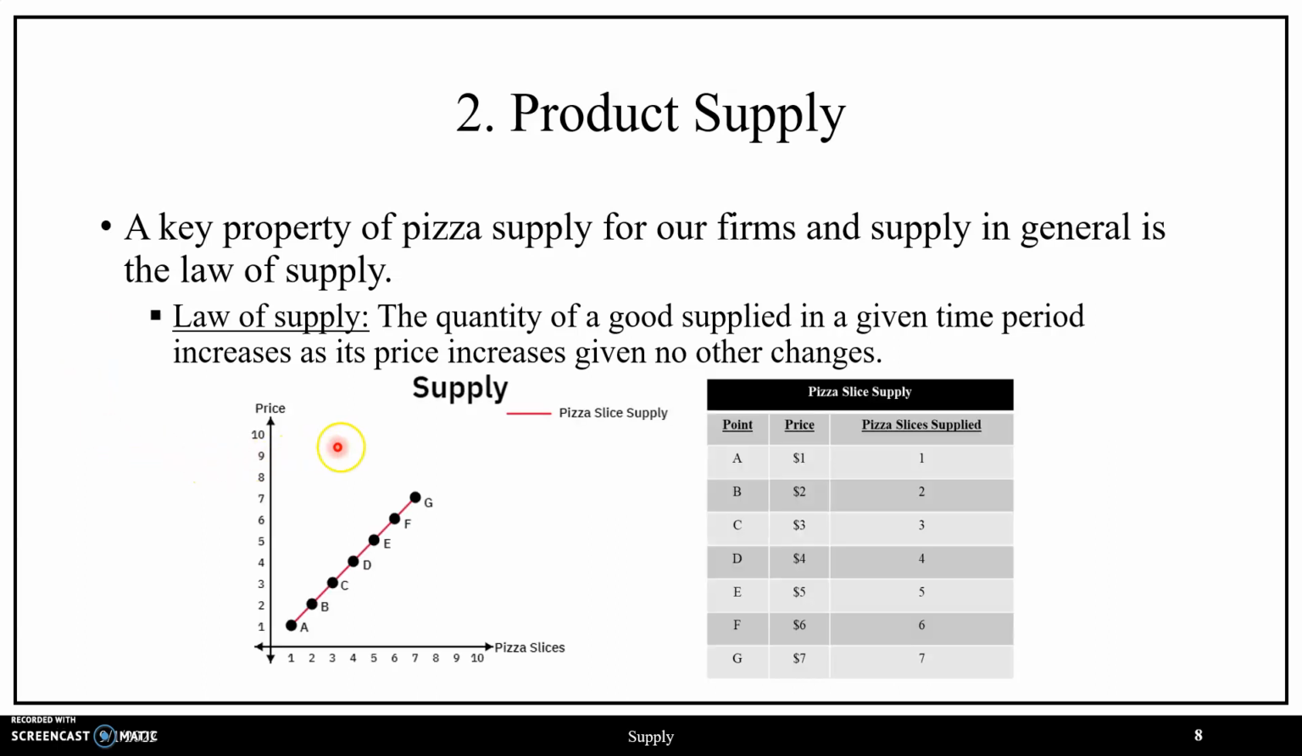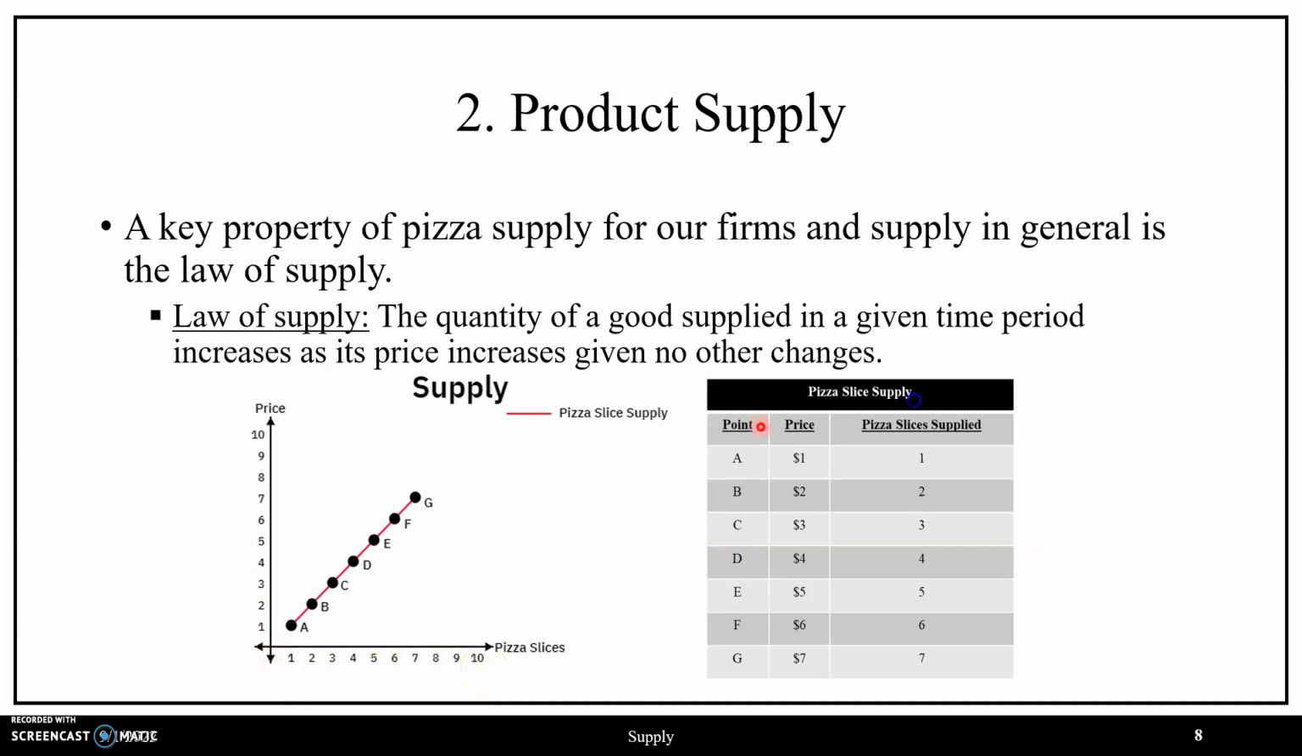And so to visualize this, we have our supply curve on the left, and we have a supply schedule on the right, where for our supply curve, we have price on the vertical axis, and we have quantity supplied in terms of pizza slices on the horizontal, and we have pizza slice supply in red, in which we see going from points A through G, as the price increases from $1 to $7, we see that we have pizza slices supplied increasing